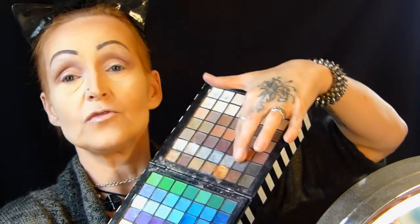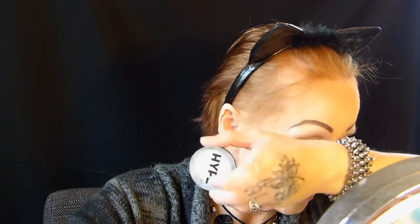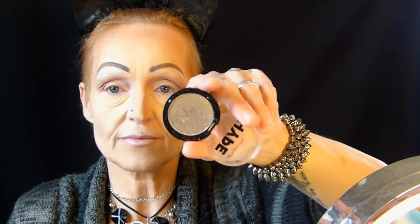And now I'm going to gray tones, and I'm going to use dark grays, and I have got from Hype also this one. I've got the white one ready. Now, okay, got an edge. Gonna take this gray, and I'm gonna take a more stiff appliqué brush,